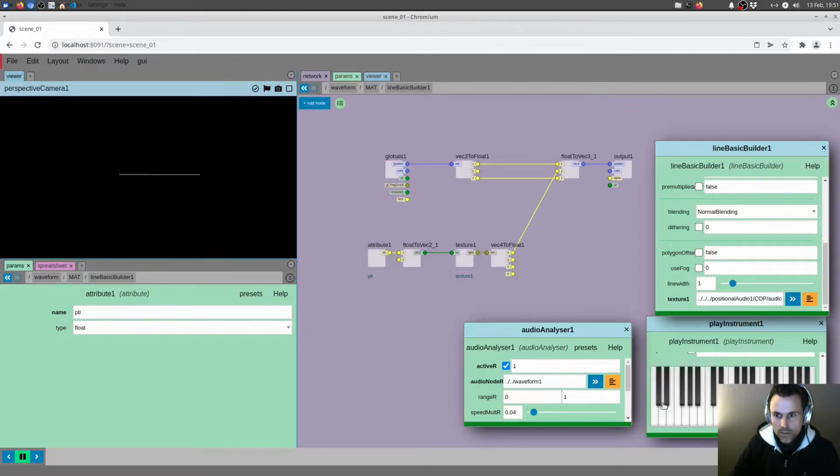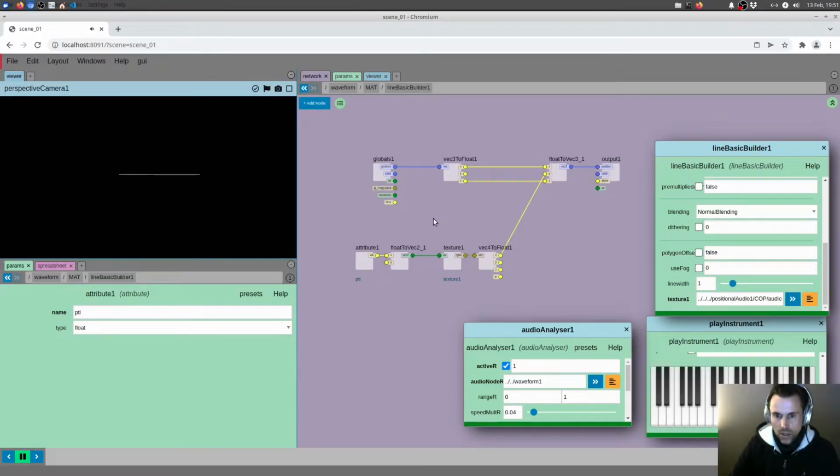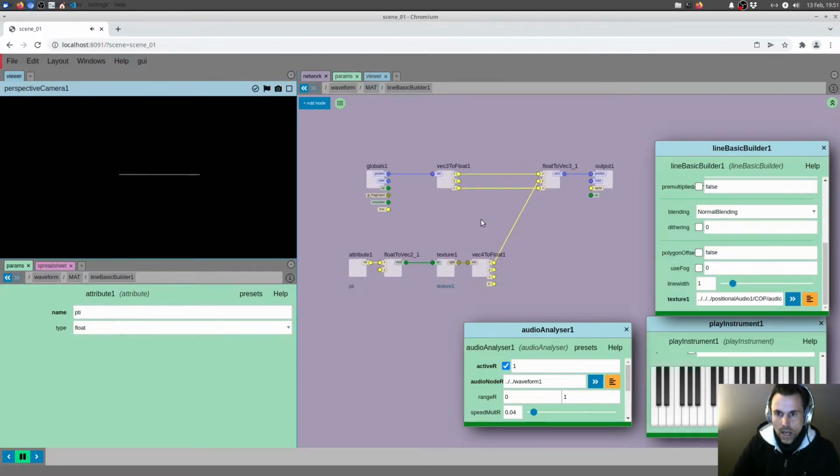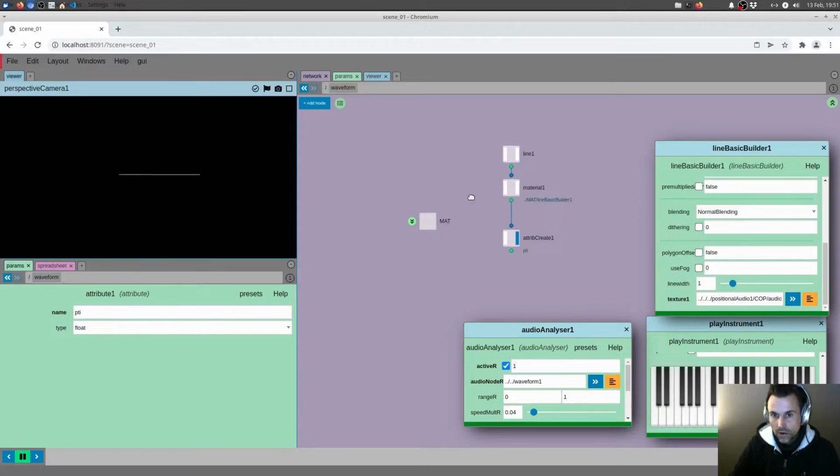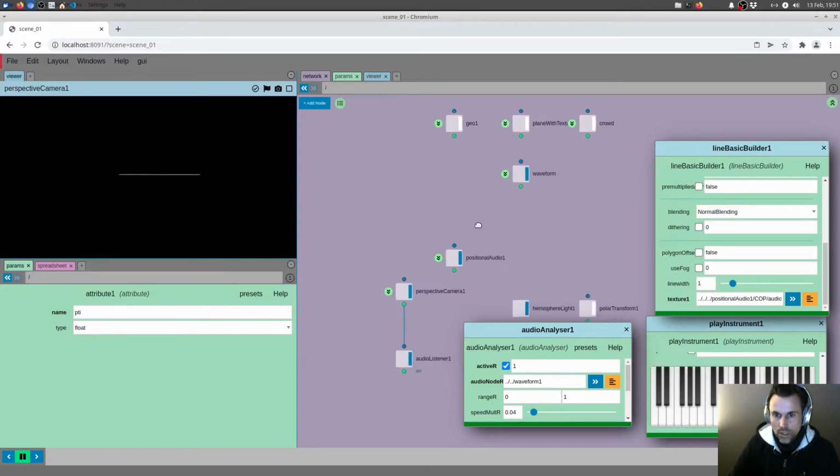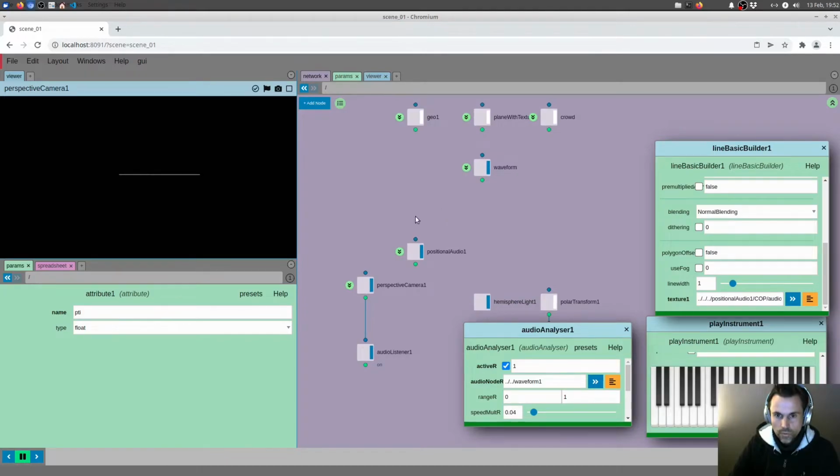But it does not quite look how it really should, for two reasons. One, the range might not be the right one. It looks like it's a bit clamped, and we might not have enough points on our line. So if we go back to the